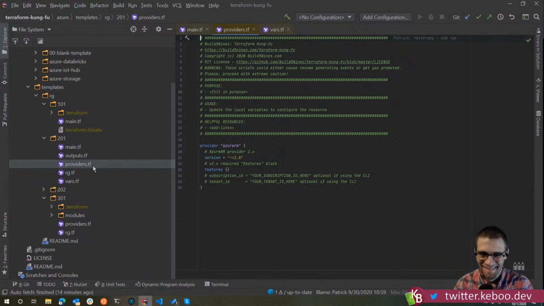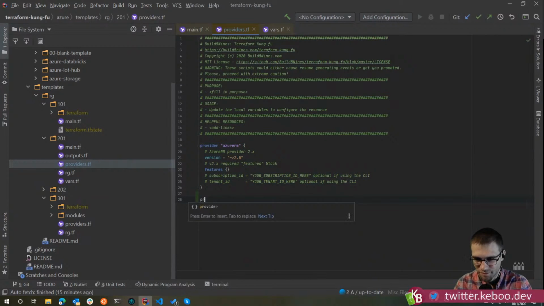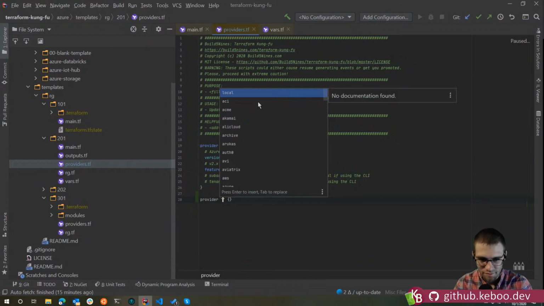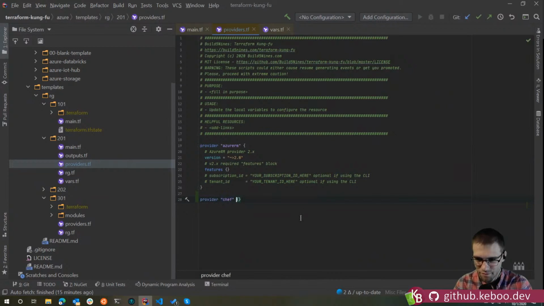Anyway, so here we have a providers.tf where we've declared the provider we're going to use, and as you said, we could put in another provider, right? There's a bunch of them here, like, I don't know, let's find Chef or something. We could use other providers that we could put here. So this is a good idea to get in the habit of using this provider file because it's just cleaner if you need to bring another thing in, like VMware. There's a million of them. I think there's like 200 plus providers now.